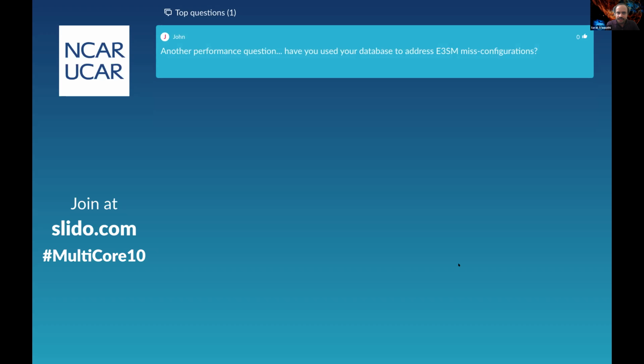And another question, have you used your database to address E3SM misconfigurations? One of the typical misconfigurations might be using a bad process layout.